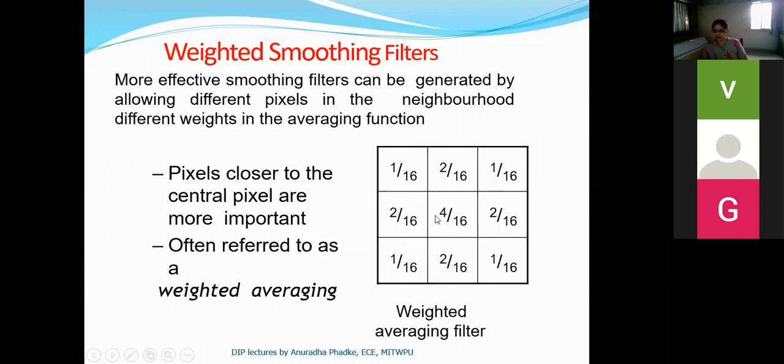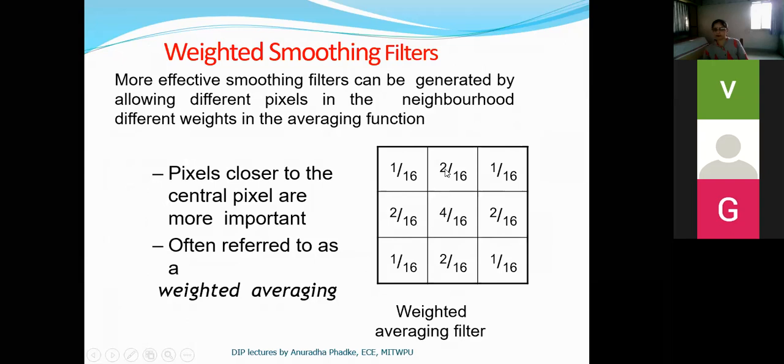Your central pixel is the most important pixel because this is the pixel under consideration. We are determining the new value of this pixel. So it has maximum weight, which is 4 by 16. And as we move away from the center, the weight goes on reducing.